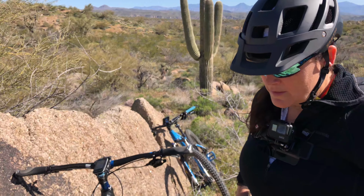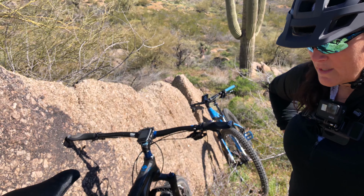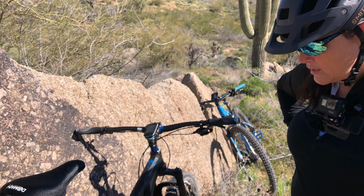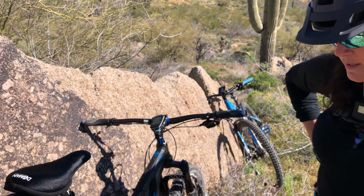Nothing but good things to say about the system, especially considering you get everything you got on the 2x, but less weight, less moving parts, less cables, less derailleurs. It's an absolutely fantastic design. I suppose if somebody wanted to throw some sort of darts at it, I do know that